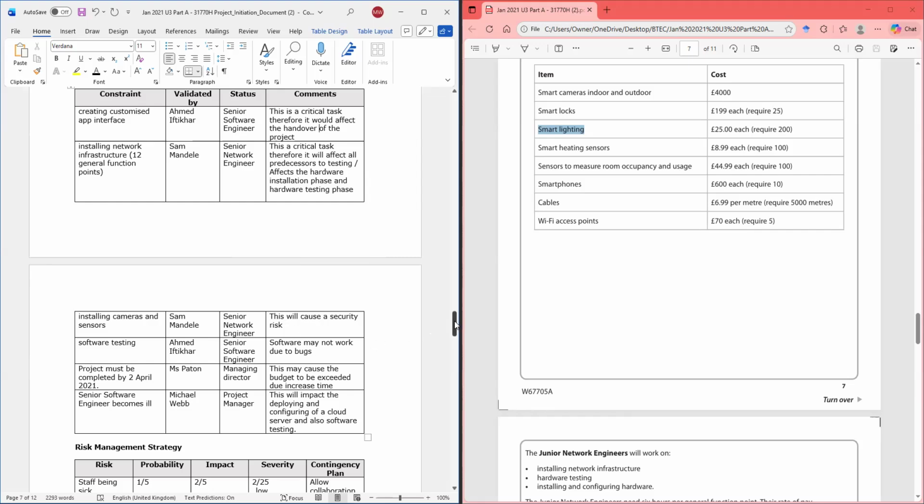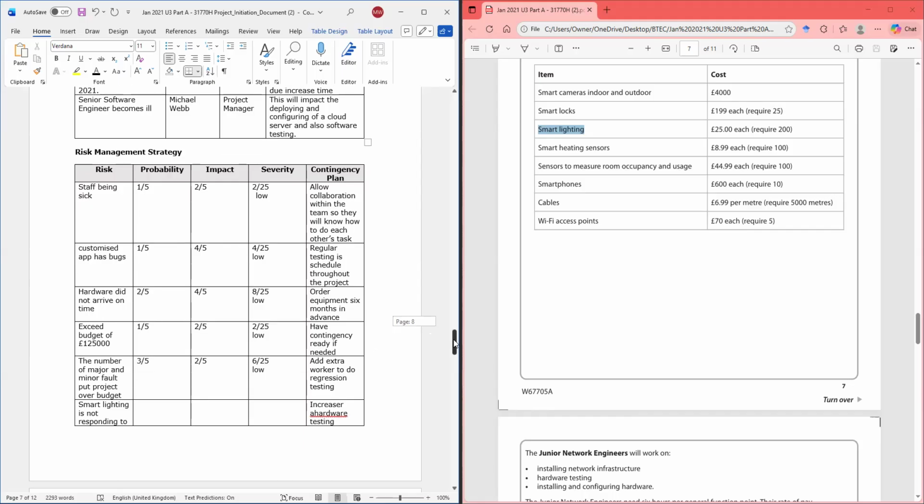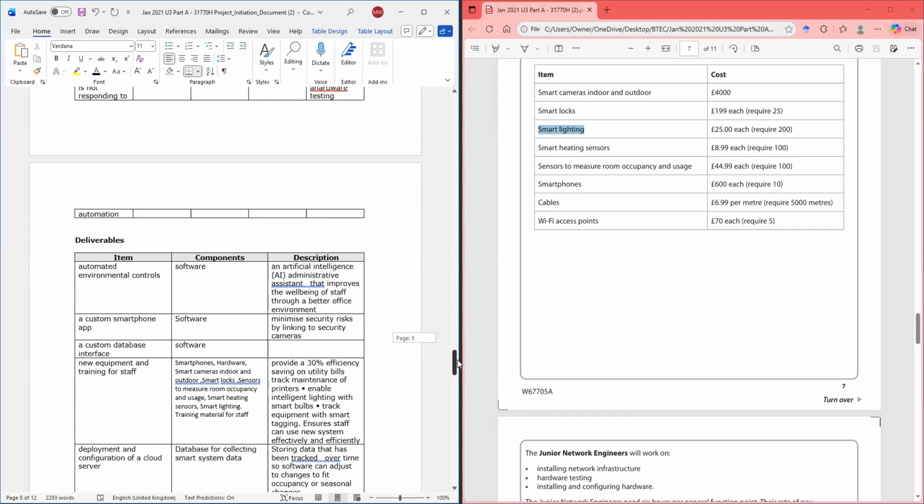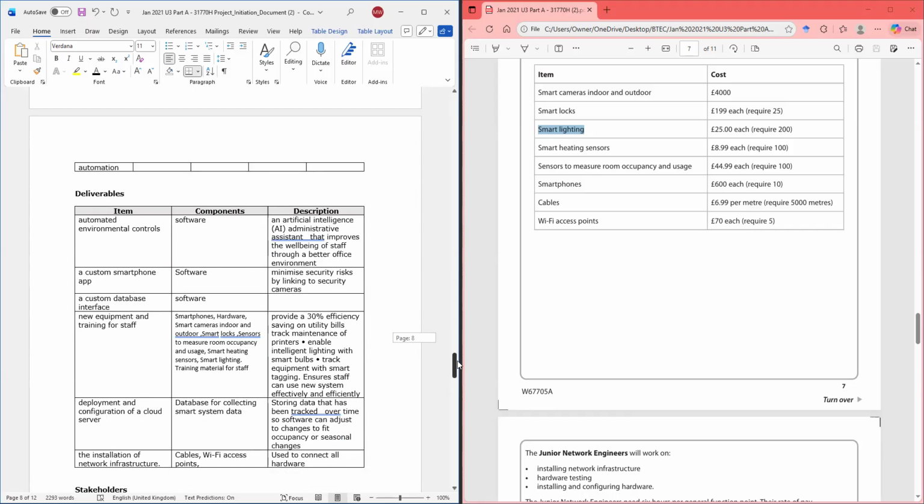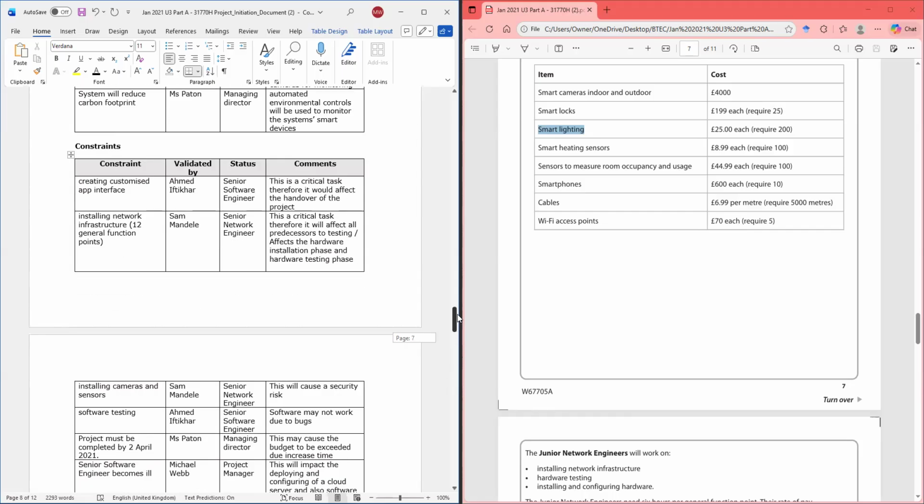Then risk management. When you put a risk down, you should have a contingency plan. What other means do you have to mitigate this problem or this issue? And that's how you work it for the risk. All right, the deliverables are at the top of the aim, the set task brief, and that's one of the easier ones. All right, guys.